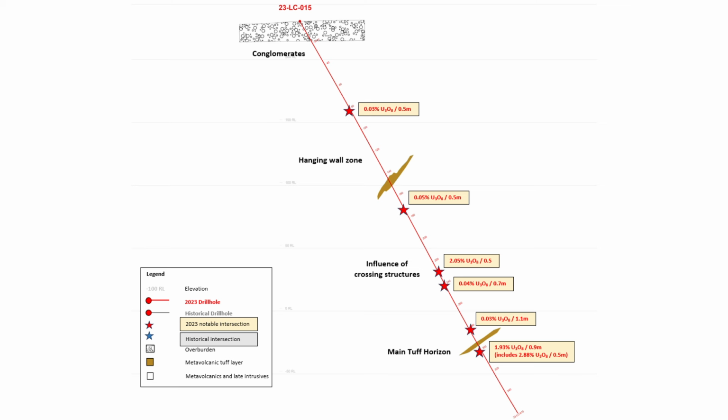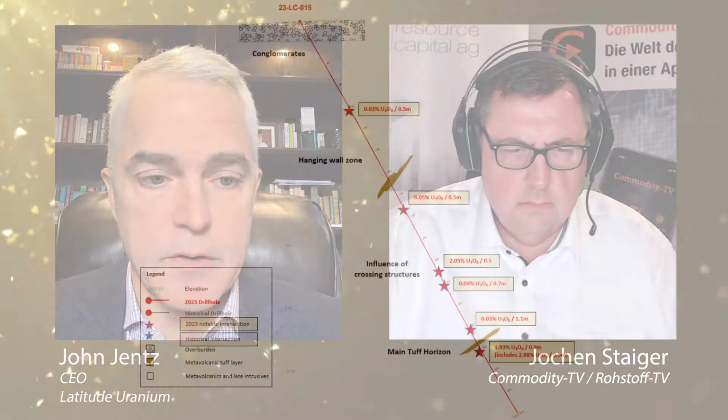And we saw that in hole 15, although not quite 7.5%, but still, north of 2% over two hits is fairly decent. And so we're learning more, and this new lens of this hanging wall mineralization, I think the people who are real mining aficionados will appreciate, it adds resource. It's a little bit lower grade than our average grade, but to the extent that we start developing this or start moving forward in the development timeline,